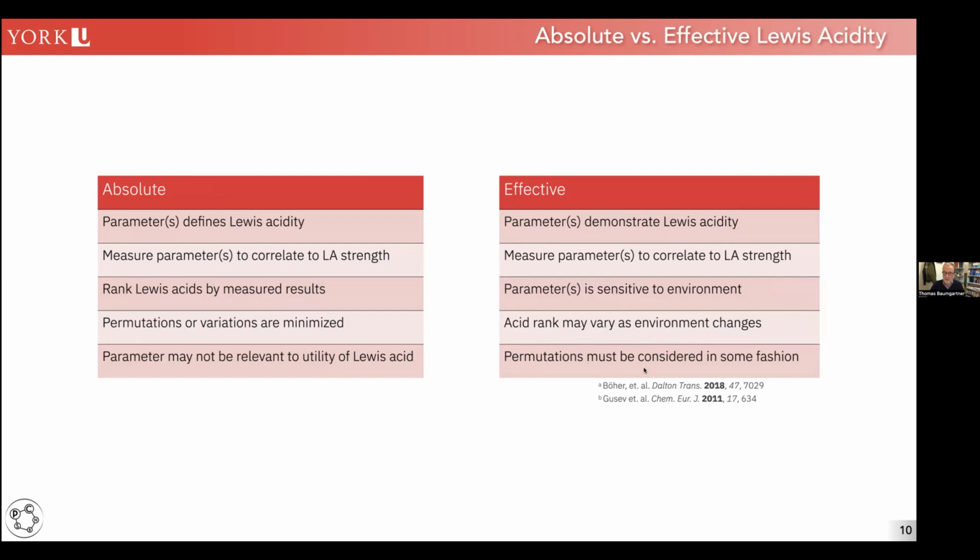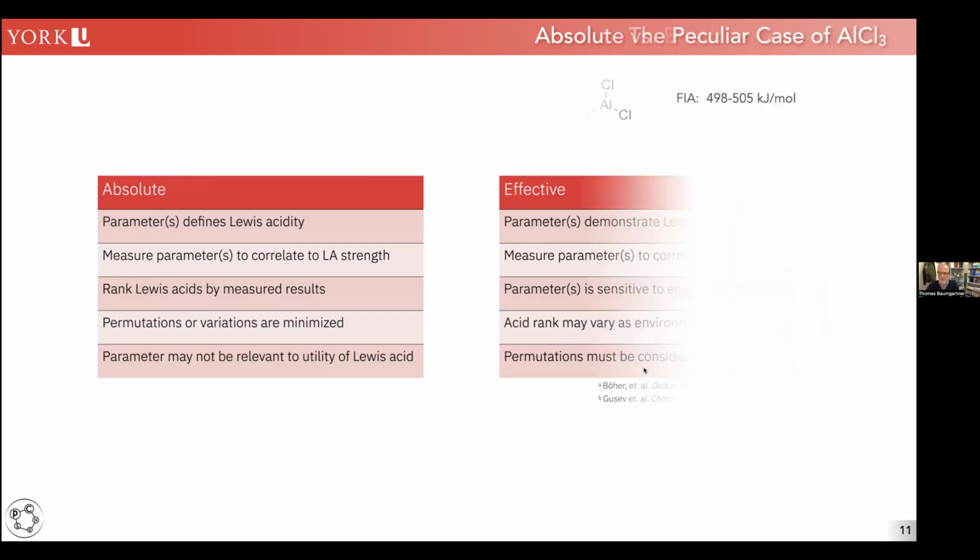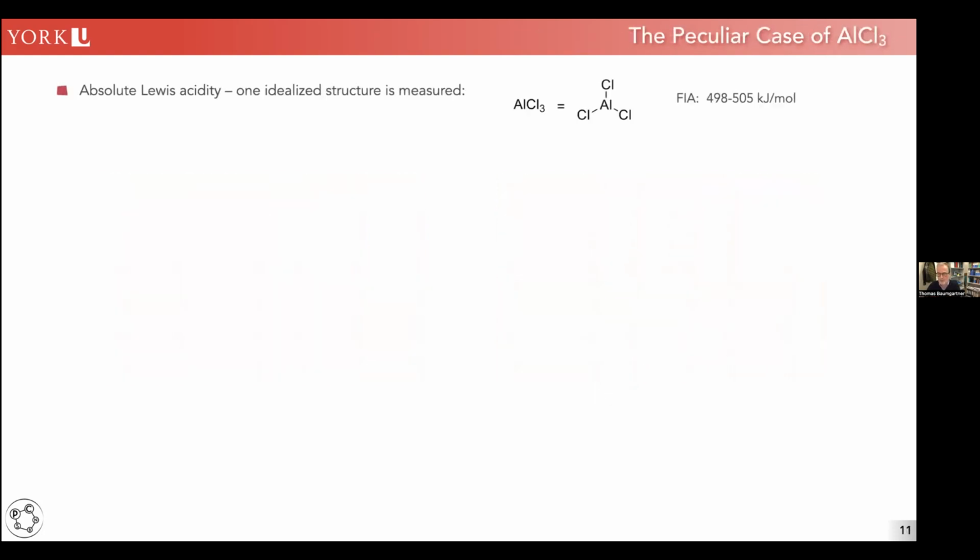And why that's important, I want to show you in the example of aluminum trichloride. If you use the absolute Lewis acidity of aluminum trichloride, people refer to this species as a single molecule, AlCl3. You probably had in inorganic chemistry classes already, you know that this is not how aluminum trichloride exists in solution. It depends on the solvent. Even in the solid state, it actually has a different form than that. But the number that is reported in Gutmann-Beckett or fluoride ion affinity refers to this specific species.